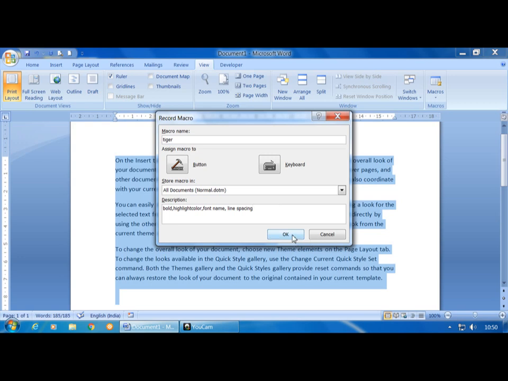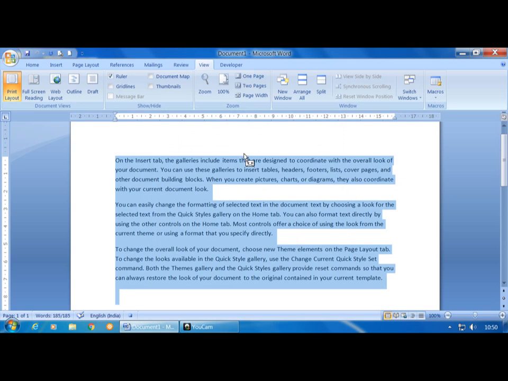When I click on OK, your arrow mark changes to this type of cassette player. So you can view that one. So first the mouse cursor will be just an arrow mark. Now along with the arrow mark, it shows a record button. So the important thing is that here we have to select the text. After that only we have to click on view button, macros drop down button, and you have to select the option. So now it is not possible to select the text. Now you have to record it.